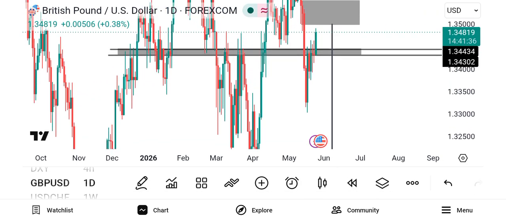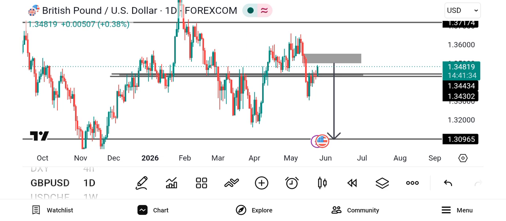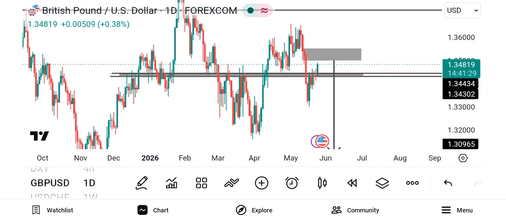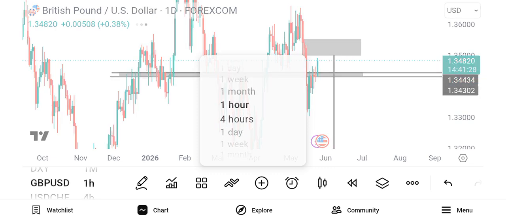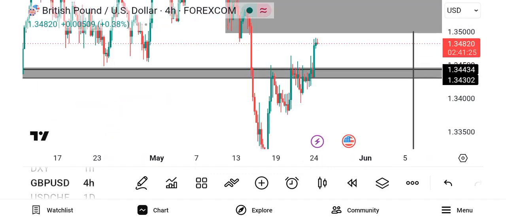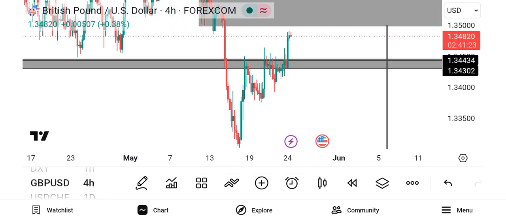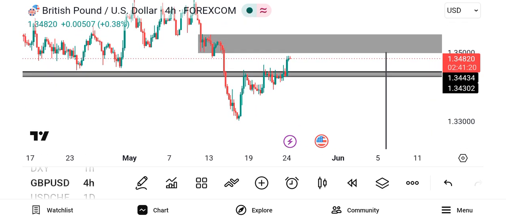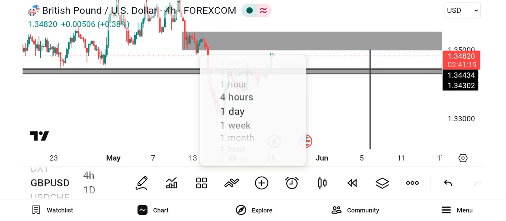If I see this, then I will go short. With a proper confirmation, I will need 2 to 3 confirmations on this particular supply zone above. If I can see at least 2 to 3 confirmations from here, then it will be nice for me to go. This zone will be nice for me to go short from. So this is what I have on GBPUSD.